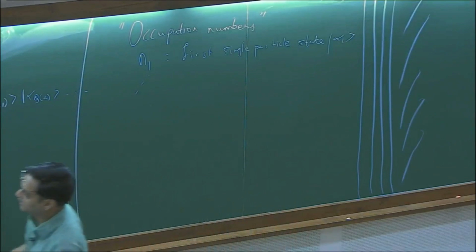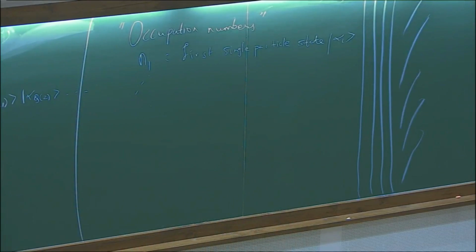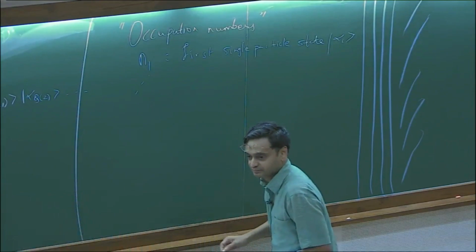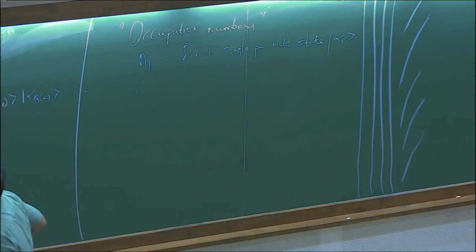Exactly. So in the case of bosons, the norm square of a ket that we have defined is n1 factorial, n2 factorial, right? So these are not normalized states for bosons, okay? So one more, I think half a board and we'll be done with this derivation. So let's just continue.